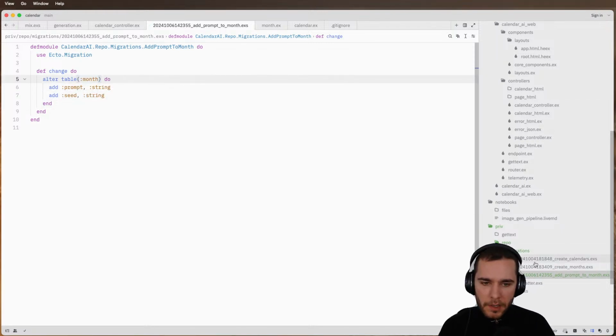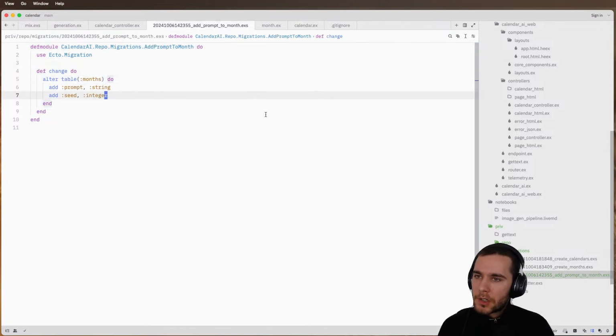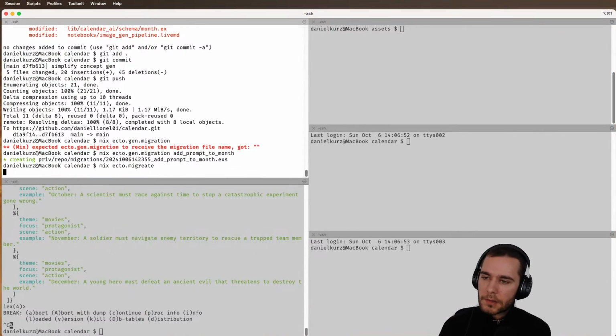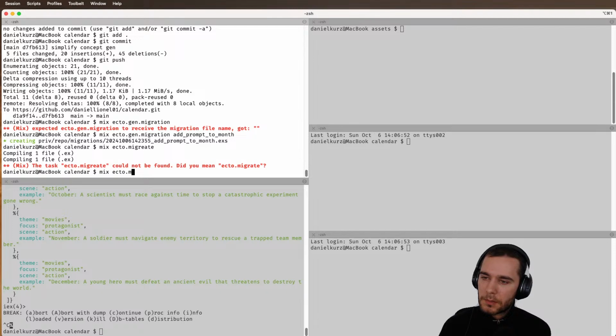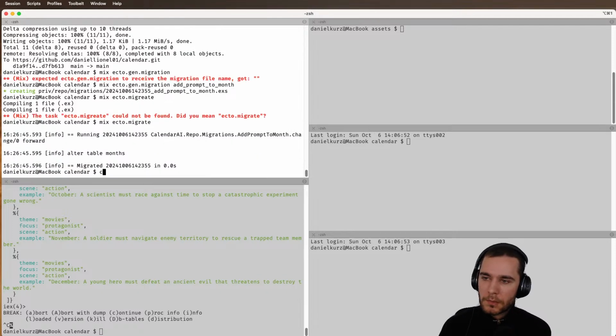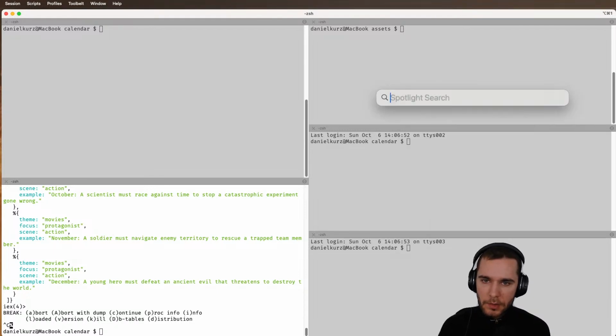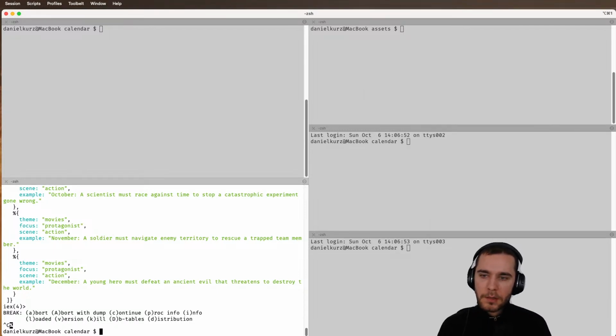Month, what did I call it? Months. Integer. So let's just migrate, right? Mix ecto.migrate. Whoops, mix ecto.migrate. Perfect, no problemo. And let's call Beekeeper